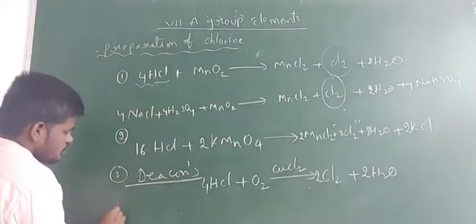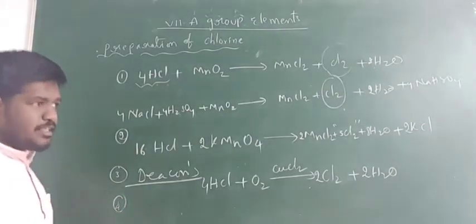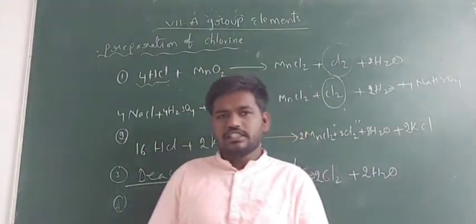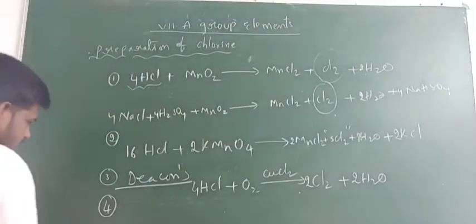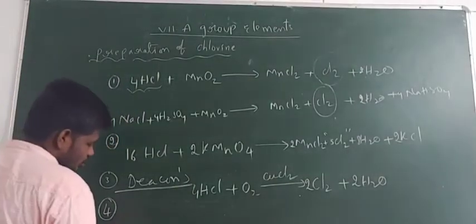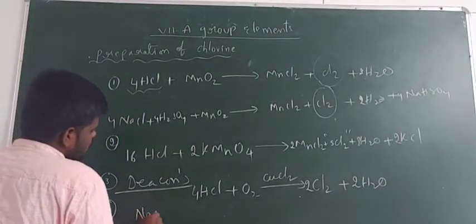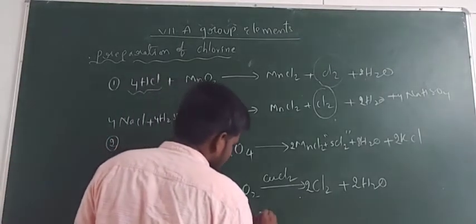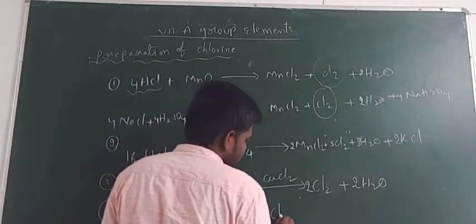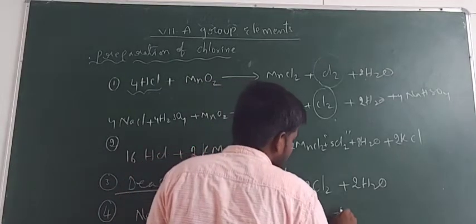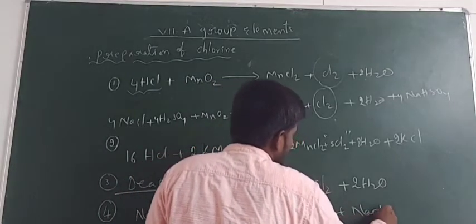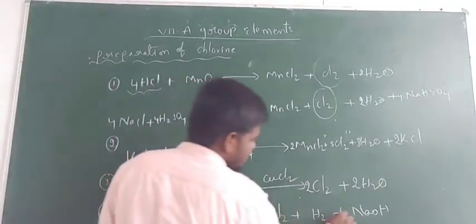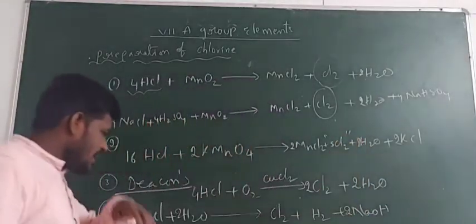And the next one, through the electrolytic method. So when brine solution is subjected to the electrolysis, so right guys, next electrolysis of brine solution. Brine solution means NaCl plus water. When this mixture is subjected to electrolysis, from this we can get Cl2 gas, hydrogen gas, and next one we can get here sodium hydroxide. So to balance this equation, multiply with 2, and next here also multiply with 2, so which is a balanced equation.